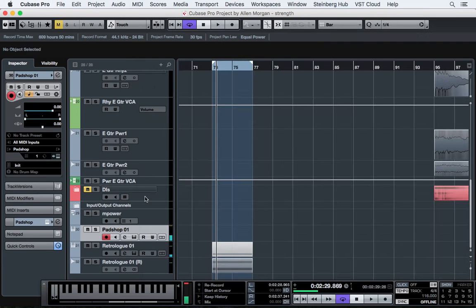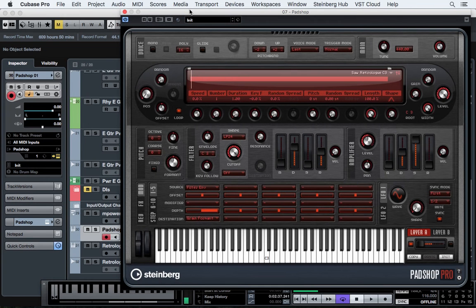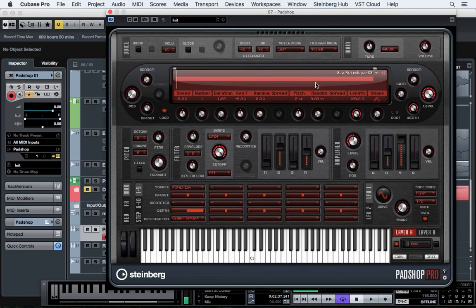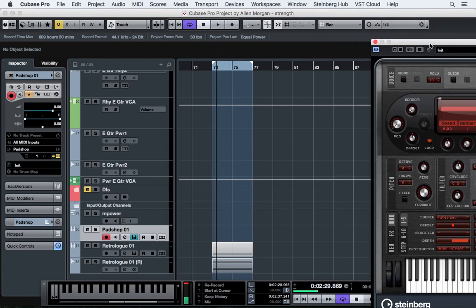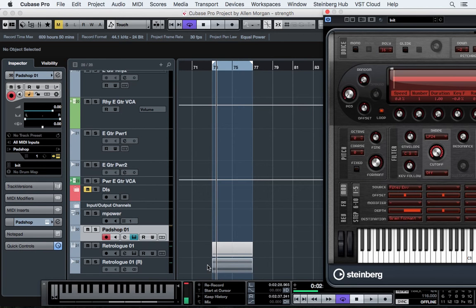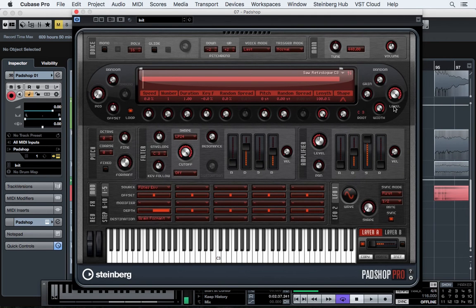So Padshop obviously does not have oscillator sync built into its granular engine, but the way I achieved it was I sampled the static waveform of Retrolog. You can actually see the bounced version right here. And if I just play the bounced version, it's just a regular C3. It was a little low in volume, so I imported it in here, turned up the level 12 dB, and